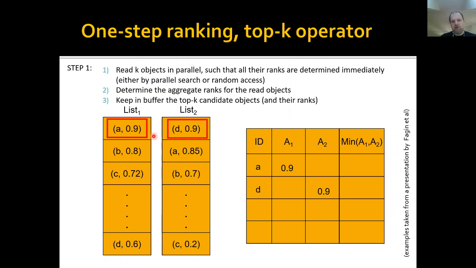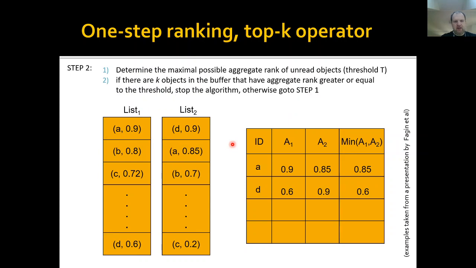We have just two because we have just two lists. And we get values 0.85 and 0.6, and we immediately compute the aggregation function. So we have basically two candidates now for the top K result, and the best one is 0.85 and the second best is 0.6. And if this 0.6 is better than we could ever get below this point, then we are done. But this is not the moment, because now the threshold is defined as